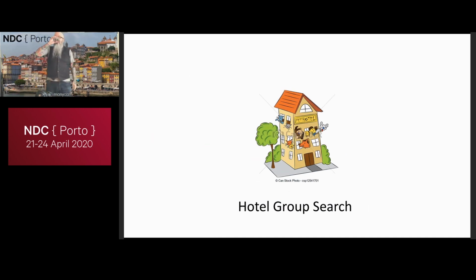All right, let's imagine a final kind of scenario, and I'm going to basically push this scenario a little bit just so we get a different example. Let's imagine I want to search for going to stay in Portugal, and the particular hotel brand I pick has 3 or 4 different actual hotels in Porto.